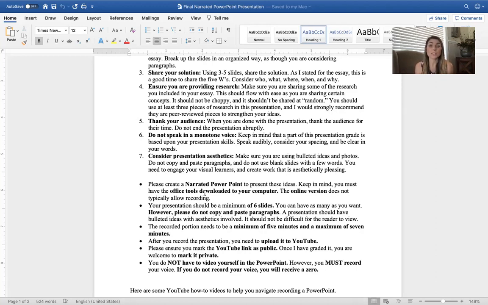You should know this information. So use a couple bullet points, or if you're using a quote from an article, that would be a great thing to put on the slide. Your topic sentences would be a great thing to put on the slide, but also use visual components. A lot of people are visual learners, and so when they're listening to you and they're looking at a photo, it gives them another sense of how to learn. So really consider presentation aesthetics.